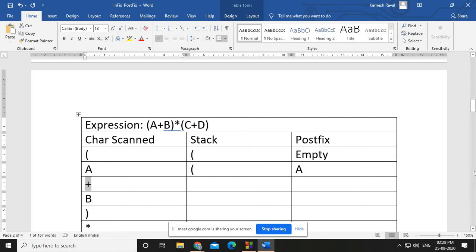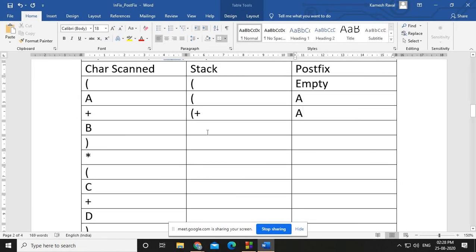Now what we have? Plus. If it is a plus, you just need to insert it into the stack, because the previous operator in the stack is the opening parenthesis. So here A will be there. Okay, now what is next? B. B is an operand, so plus, and here AB.